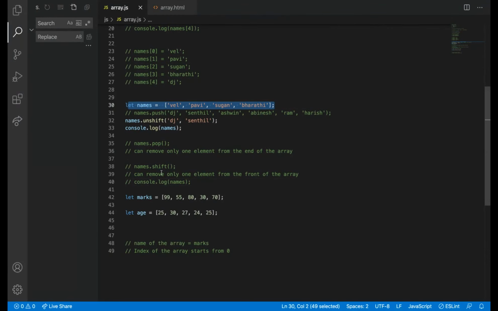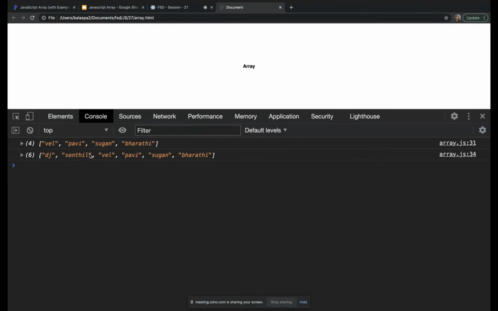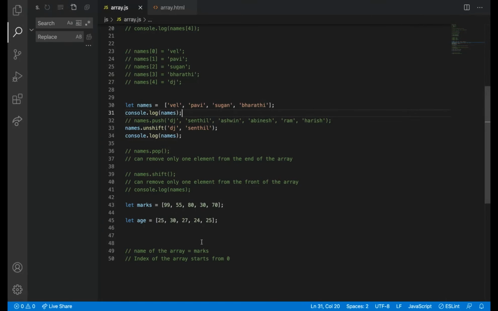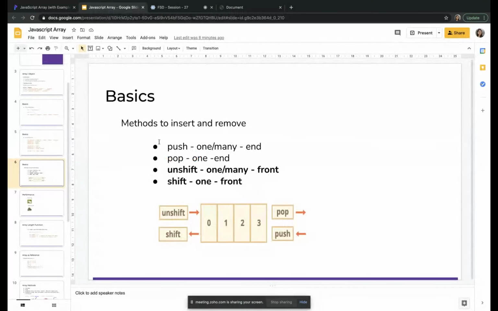Previously, the console showed Vel, Pavi, Sugan and Bharti. After inserting, DJ and Sendil got added to the front, and the other names went next. They got shifted to other places.